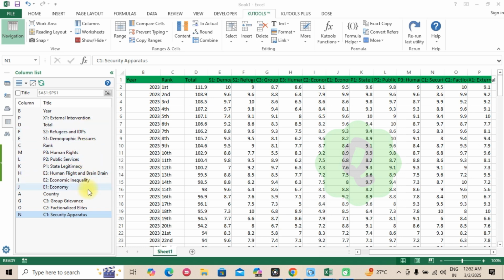And there you have it. 3 easy ways to move columns in Excel. Whether you prefer the classic drag and drop, the cut and insert method, or the power of Kutools, these techniques